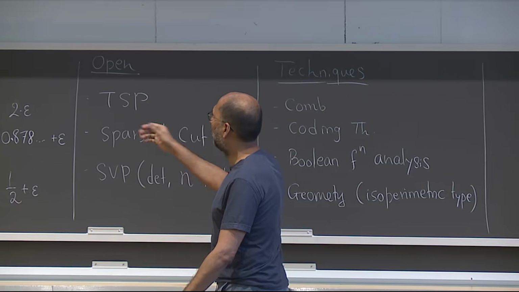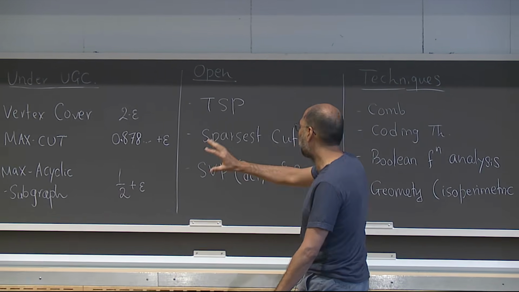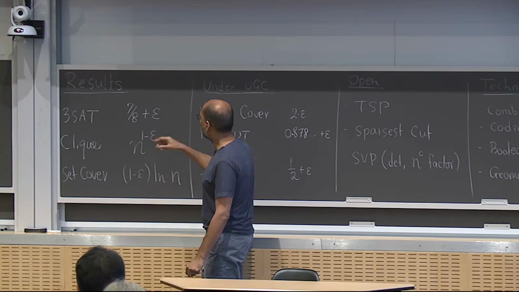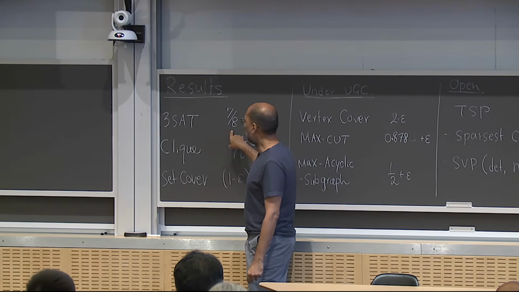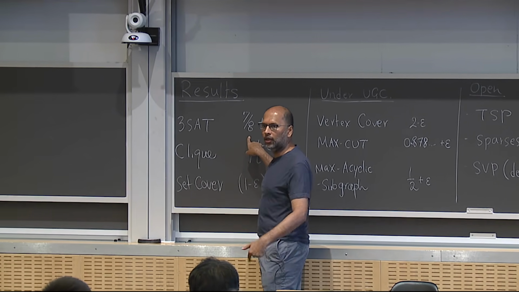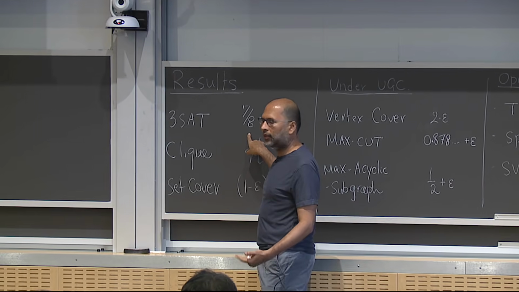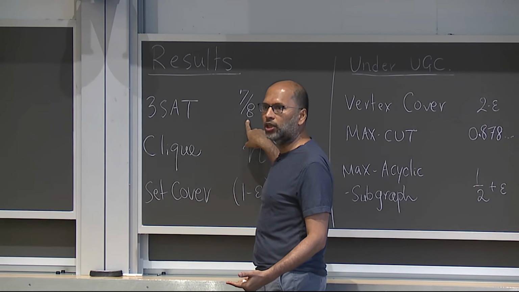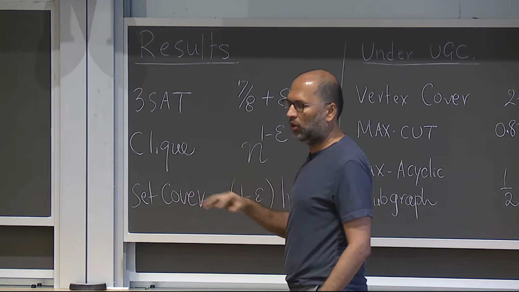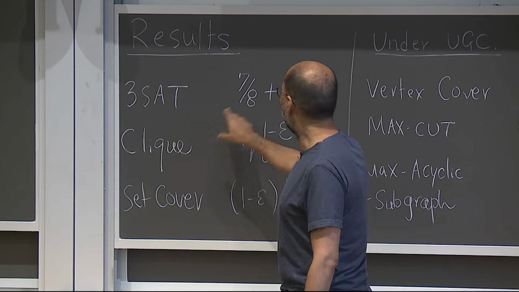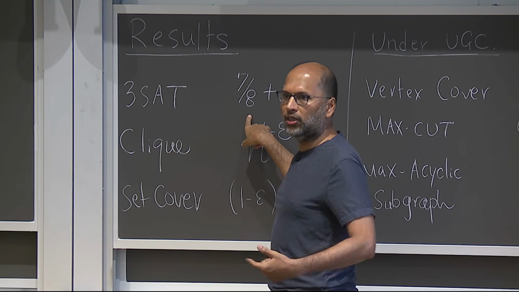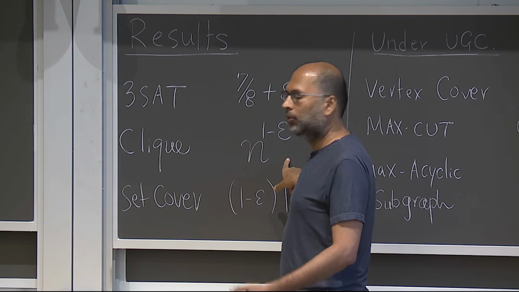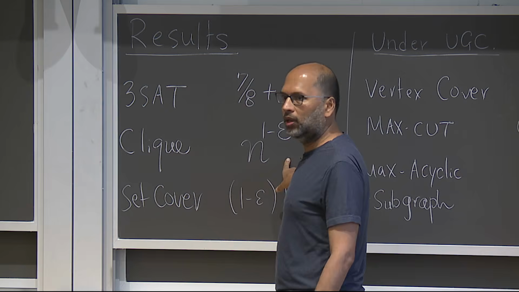So here are some results, arguably maybe the most prominent ones. So I will quickly go over these. So for 3-SAT, there is a 7/8 plus epsilon hardness result, meaning given a satisfiable instance of 3-SAT, it's hard to find assignments which are 7/8 plus epsilon satisfying. Throughout, epsilon would denote an arbitrarily small constant. And this is optimal because you can always do 7/8 by just taking a random assignment. For clique on n vertex graphs, n to the 1 minus epsilon, which is again optimal because n is just trivial algorithmically.